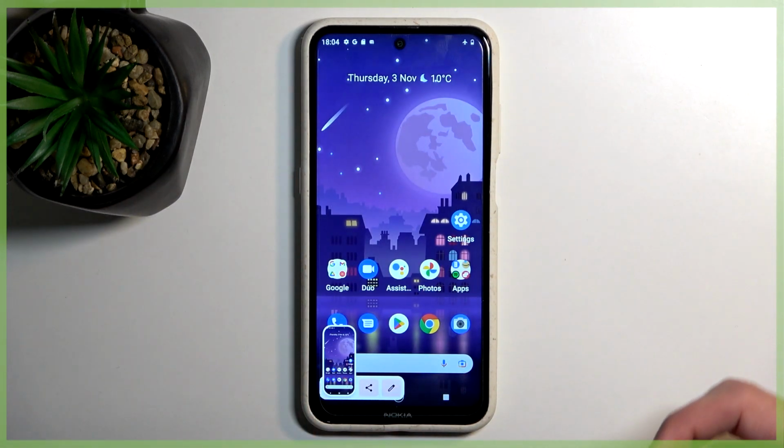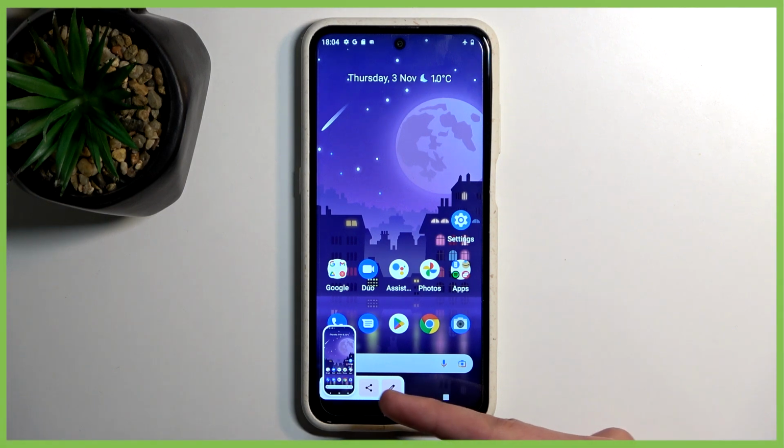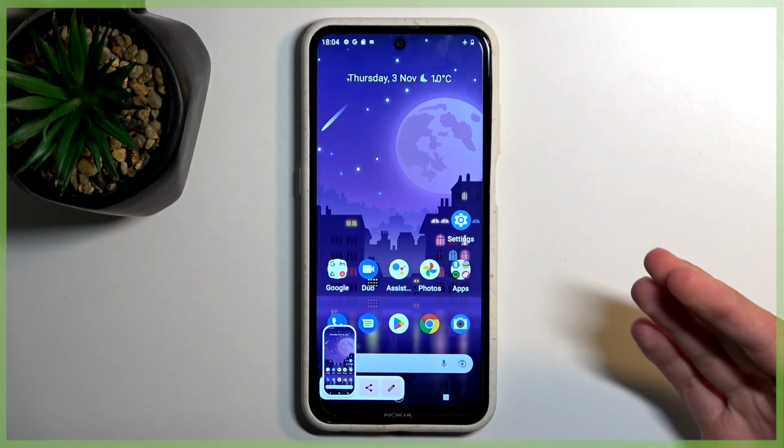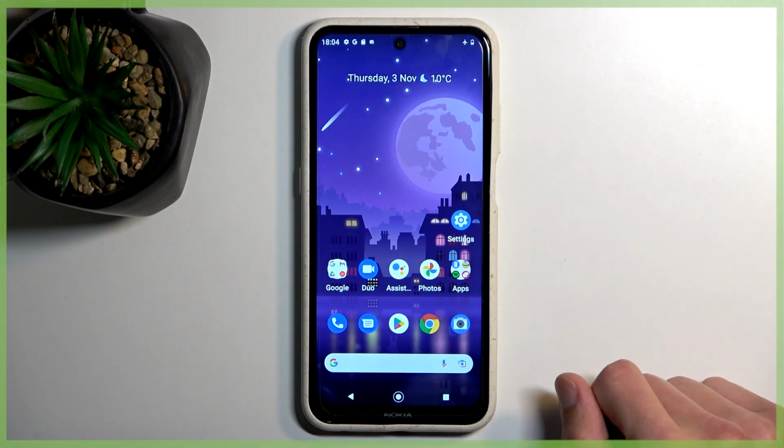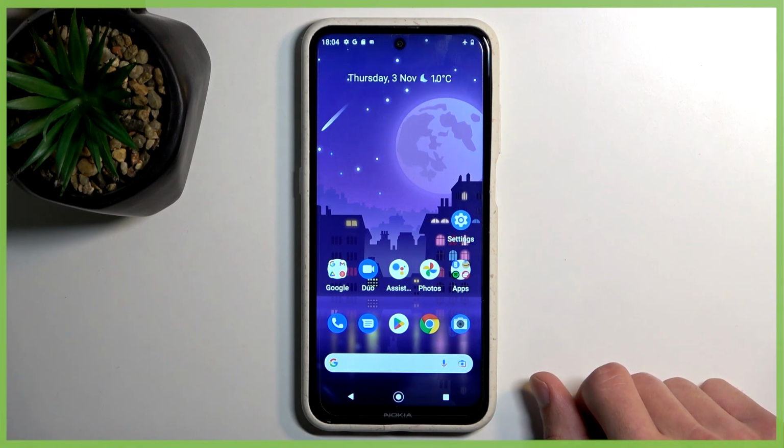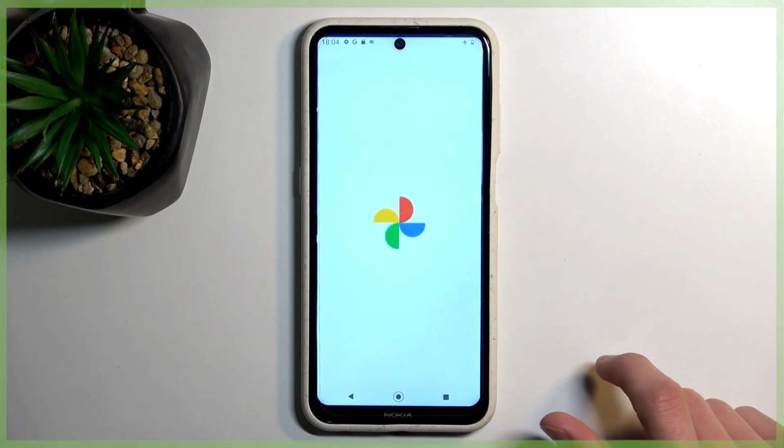You will have this obnoxious sound along with a pop-up with share and edit options, and after a moment it will disappear. There we go. Once it disappears, you can find your screenshots in your Photos application,